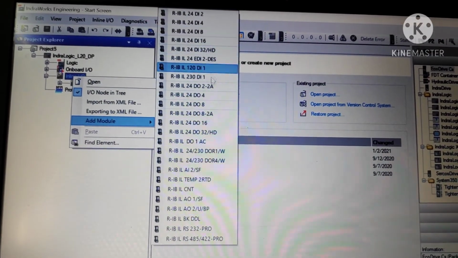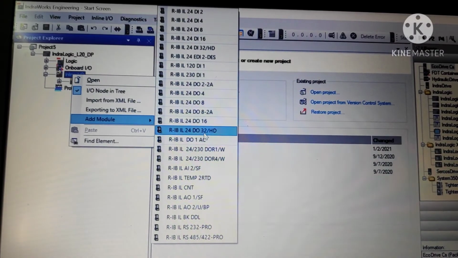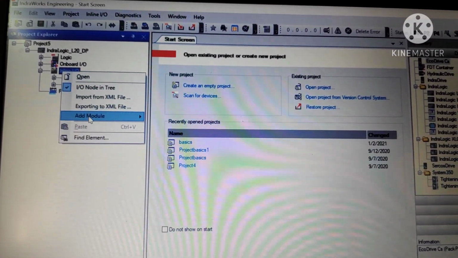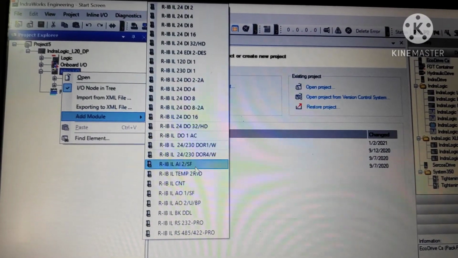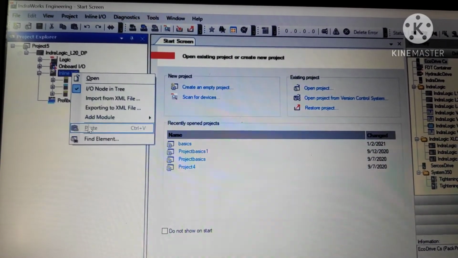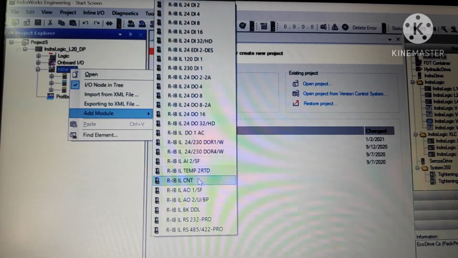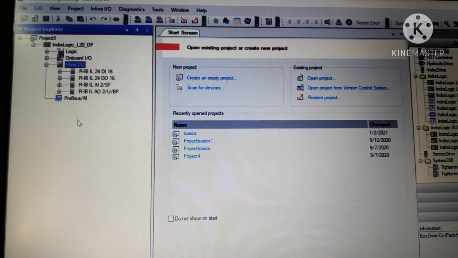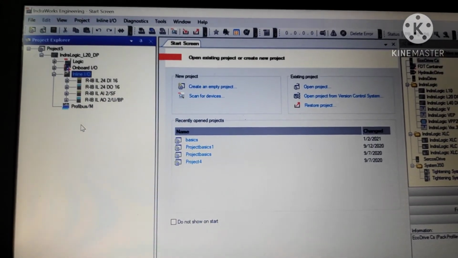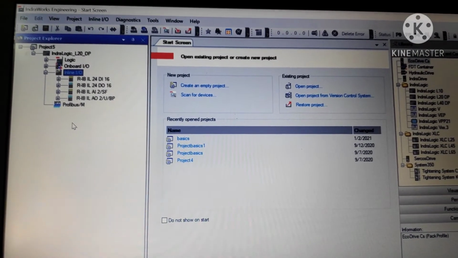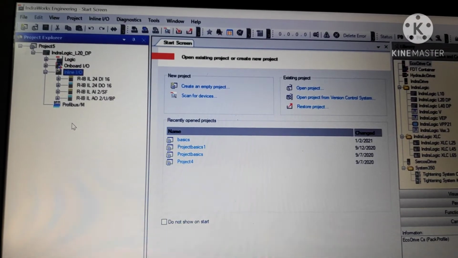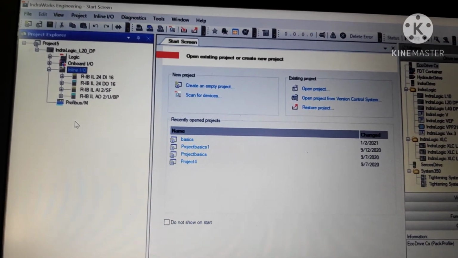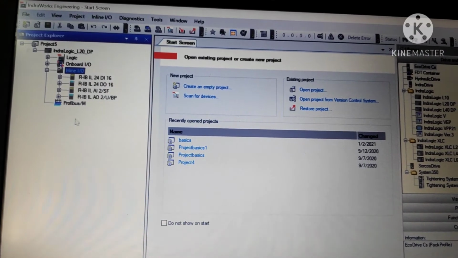Now wherever there is DO16, you can select yes. Now for analog also, you need to remember this: AI2SF. These are the things which are written on the PLC. As of online simulation mode, just remember, that's it. Maybe in the offline mode, I will explain more clearly. Because online, the PLC is not in front of you, only in a video. That will create some confusion, and I don't want to create confusion for you guys.